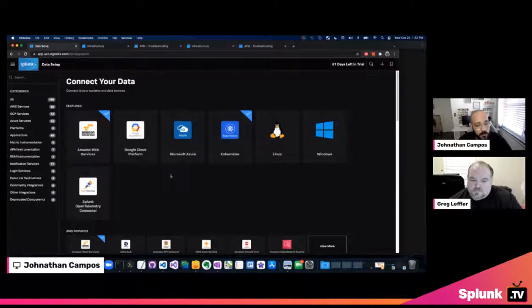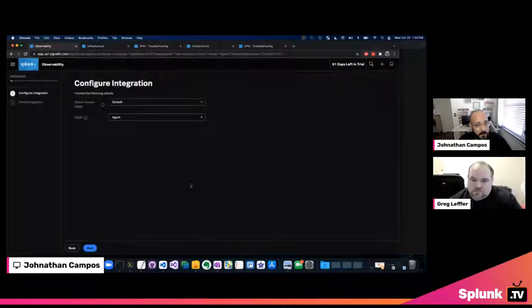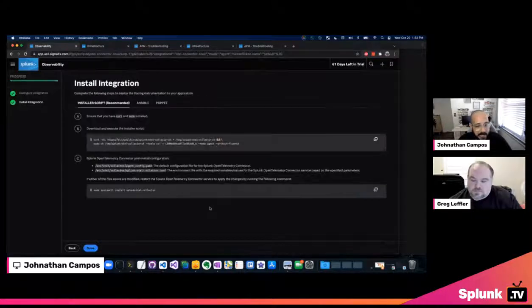If we want to install Kubernetes, we can select Kubernetes, or we can select Linux or Windows and so on. And of course, we also support the three major cloud platforms, as you may already know. When it comes to Linux, you can see that the process is rather simple. This is exactly what I have installed on this host machine here, where you'll run a small curl command and you can quickly restart the service in the event that you are going to change the configuration.